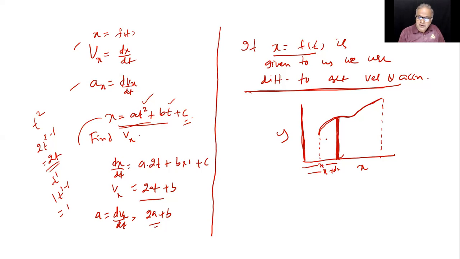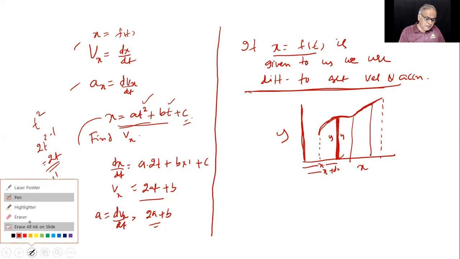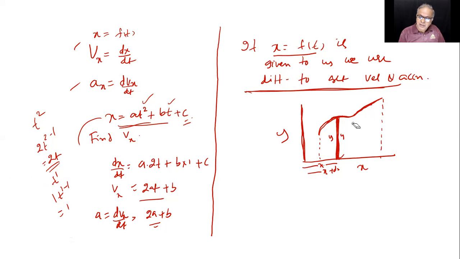So this dx is so small that this variation of y is ignored. If it is from here to here, the y variation is very big. You can perceive it, you can feel it. But if dx is very small, y doesn't vary, we think. So this elemental area dA will be simply y into dx.